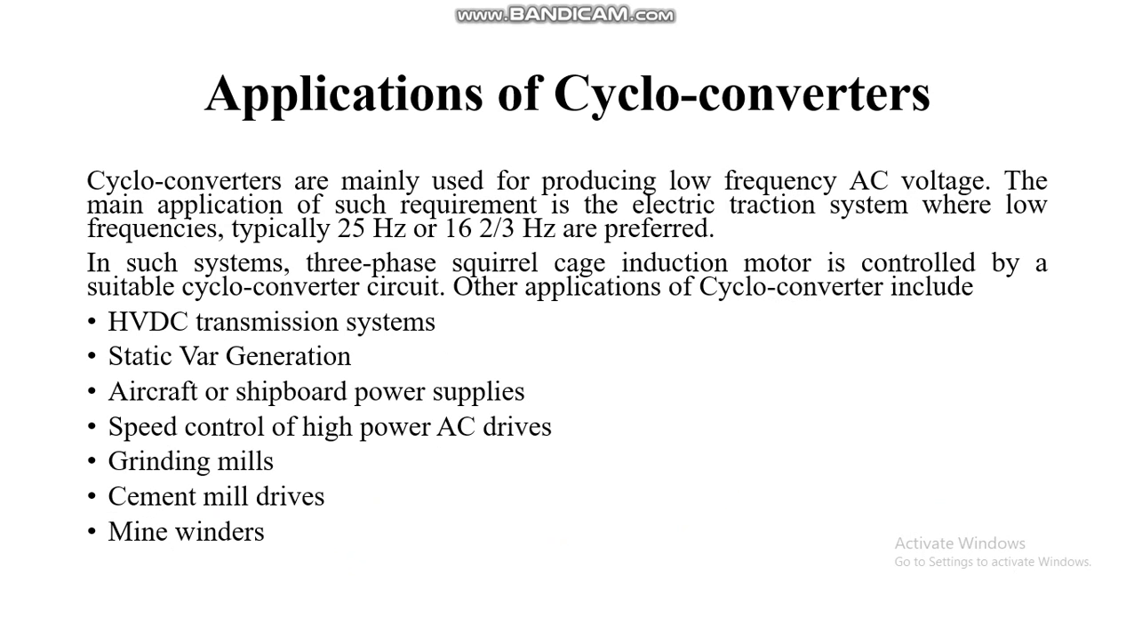The applications of cycloconverters are many. Among them we are going to discuss a few things. These cycloconverters are mainly used for producing low frequency AC voltages. The main application of such requirement is the electric traction system, where the low frequency, typically 25 Hz to 16 2/3 Hz, is preferred at 25 kV voltage level. In such systems, 3-phase squirrel cage induction motor is controlled by